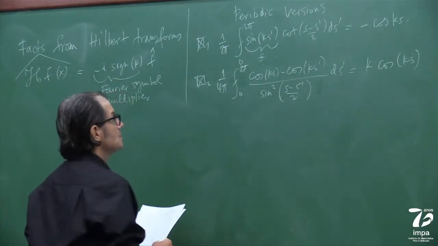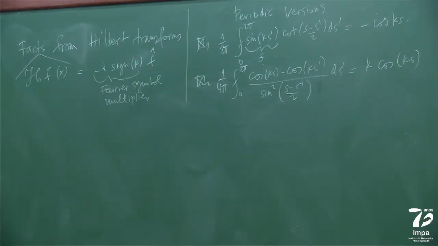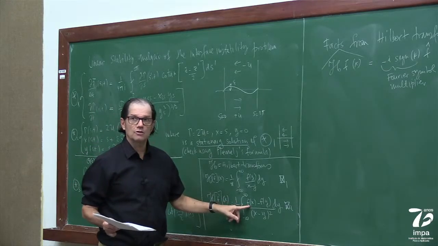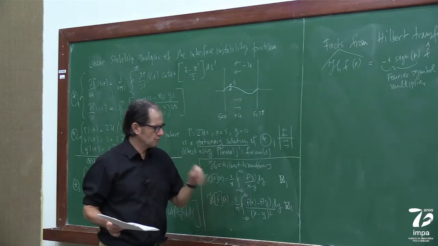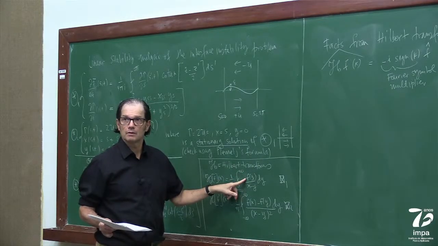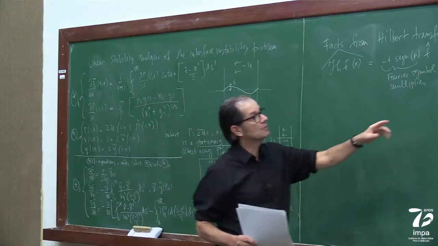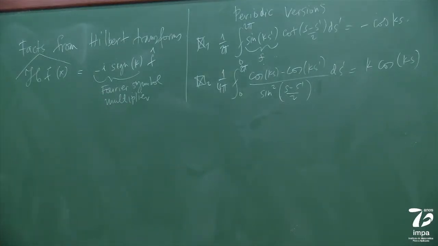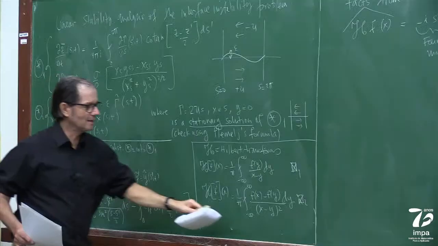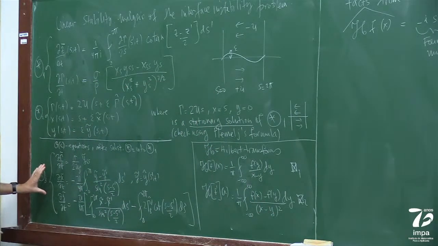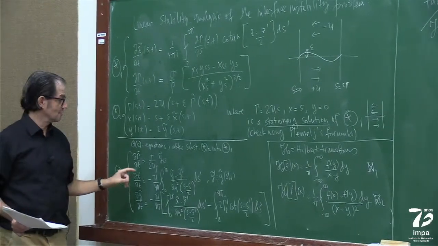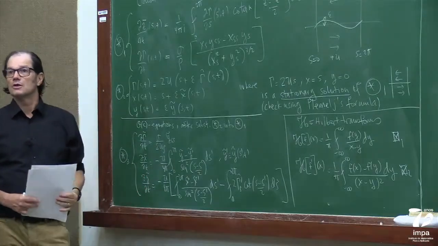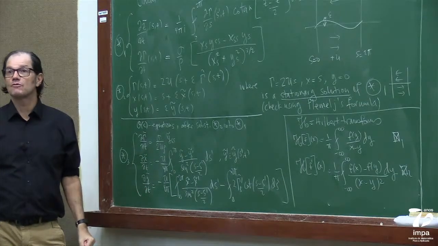Okay? So this is the periodic analog of this guy, where I'm already putting, and I'll explain to you why, a cosine here, excuse me, and here I put the sine. Okay, I'll tell you why, just right now. So these two formulas are going to be super useful, and they're going to make this complicated linear system of integro-differential equations with singular integrals reduce to a constant coefficient, very simple system of ODEs.